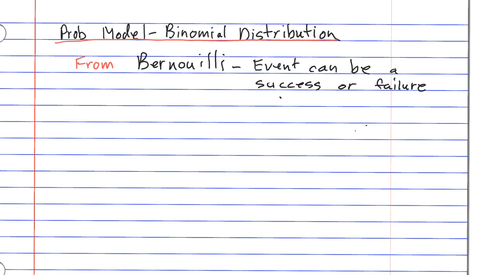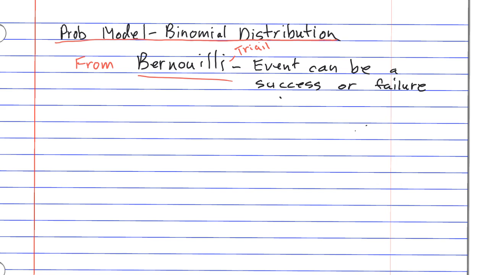So today what we're going to do is study a thing called the probability model of the binomial distribution. Now, the way this comes about is from a possibility of having two choices. And we call those things a Bernoulli trial. So let me tell you what a Bernoulli trial is. So we have this thing called a Bernoulli trial, right? The Bernoulli trial, make sure you put trial here,